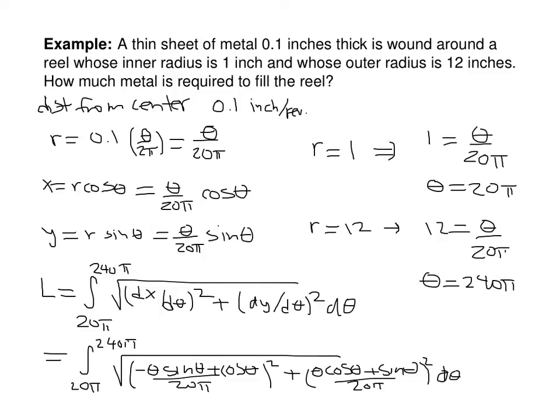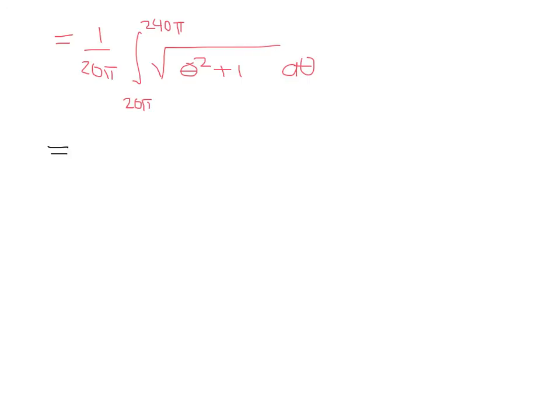Now, the over 20 pi can be squared, factor out of the root, get square rooted, and the stuff inside the parentheses, when you expand and simplify, you actually end up getting theta squared plus 1. If you want to convince yourself, go ahead and do that, but trust me, that's actually what happened. So what we have now is 1 over 20 pi times the integral from 20 pi to 240 pi root theta squared plus 1 d theta. And it looks so simple, but it requires a trig substitution, and we're not going to go into that because